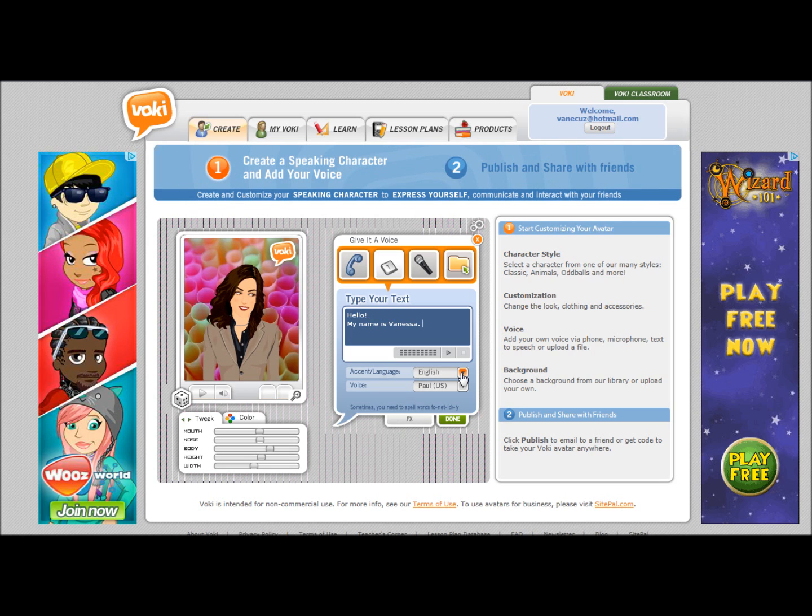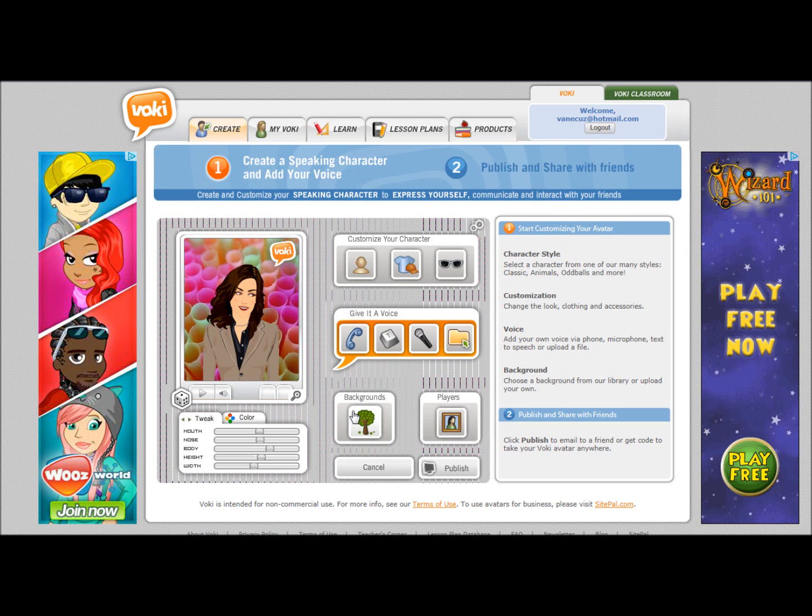I can select the accent or the language that I want that to be. So it's really good for Spanish or bilingual classes because there is an option of having a Spanish accent, which goes very well. And then I can select the voice. Since I chose a girl, I think I have to choose a girl voice too to match my character. So we're going to go with Elizabeth, and you can always preview it right here. You'll notice how your Voki started moving right away with the text to speech recognition. I'm going to leave it,